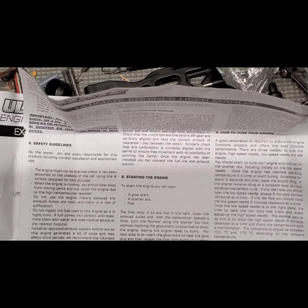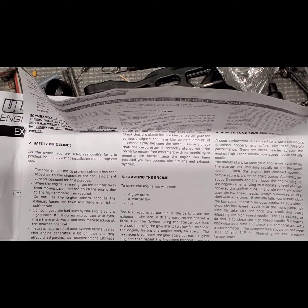Basically, if your idle is not right, that means one of your needles, the low speed needle, which is more than likely, or your high speed needle, or a combination of those two, along with your throttle stop needle. I keep saying idle throttle stop, but it's your throttle stop needle. That's that third needle that dictates how far your barrel slides in and closes, giving you your idle gap. It's always going to be one of those needles, two of those needles, or all three of those needles that's out of whack if your idle is going up and down,